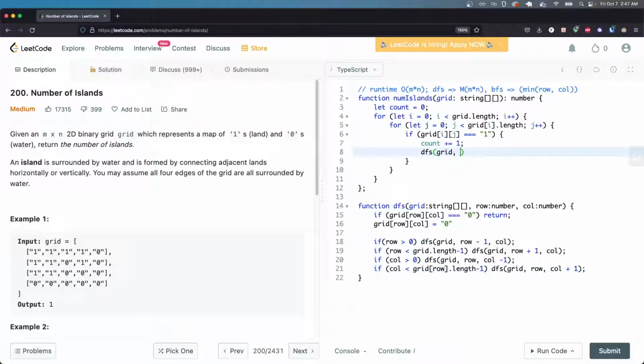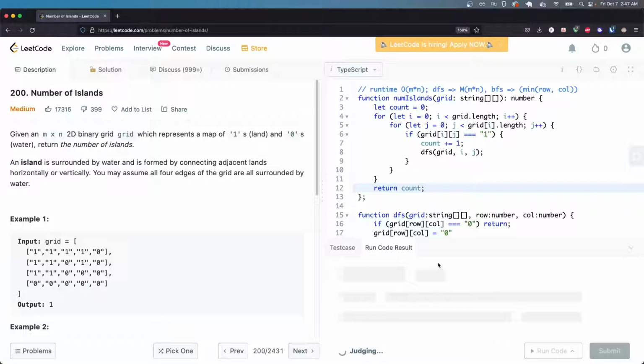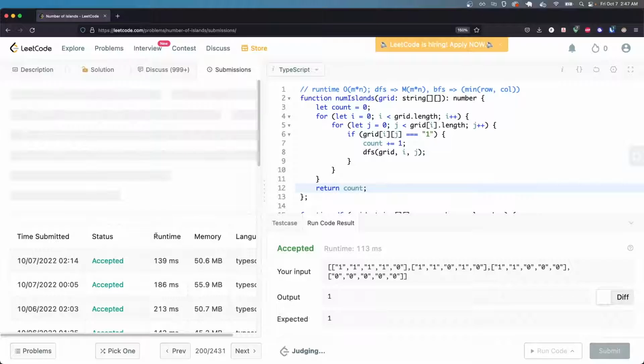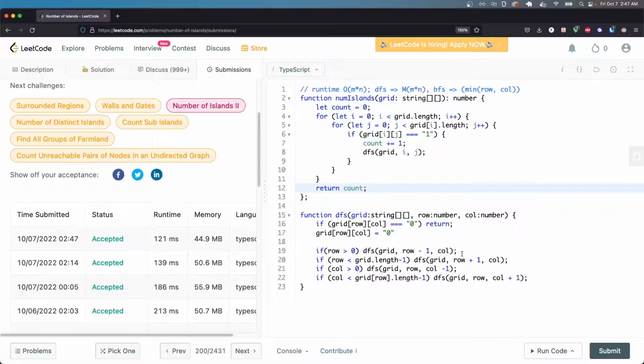So now here in my DFS, I can pass the grid. I'll pass the row value and the column value. And then I just return my count. And perfect, it passed. Now let's change this to BFS,